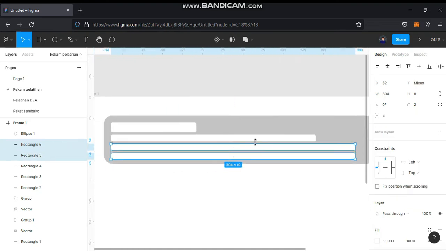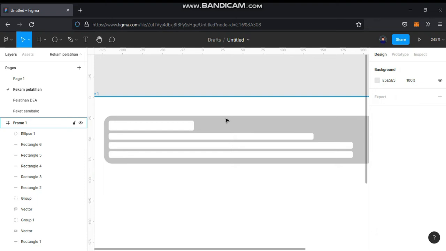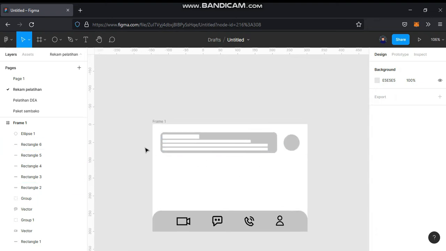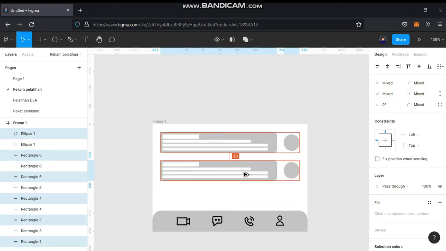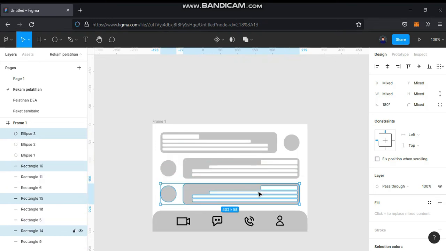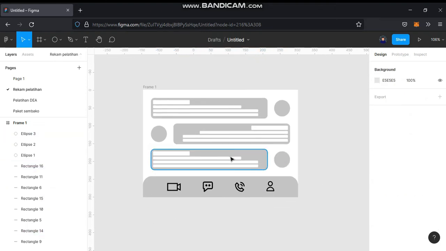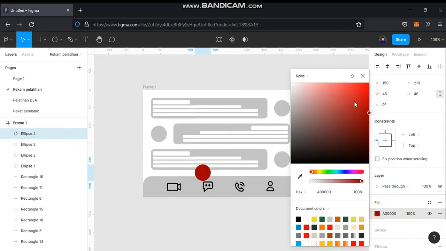After that, with center alignment, we copy it down and flip to horizontal and flip again. And don't forget the notification icon, and then lower the opacity.